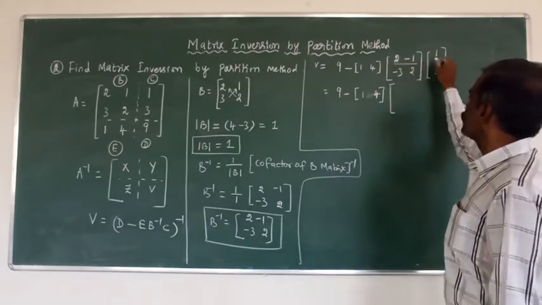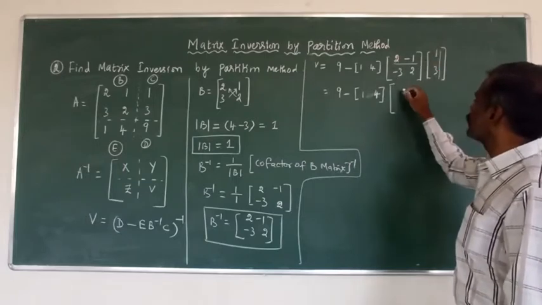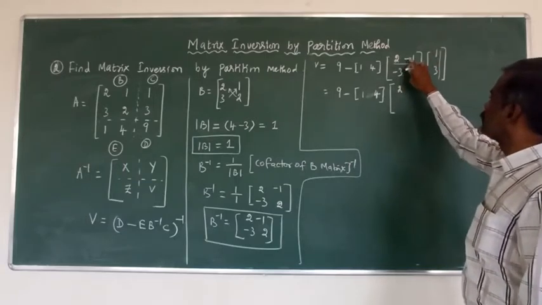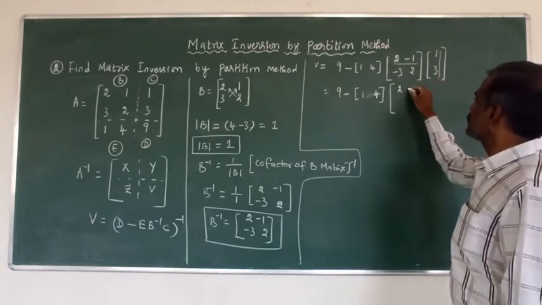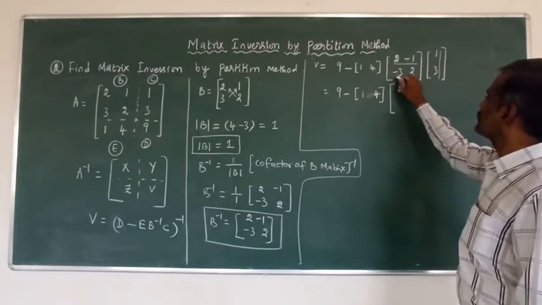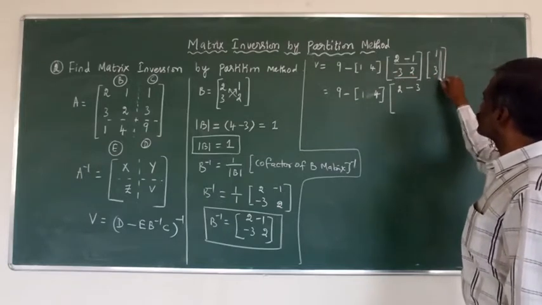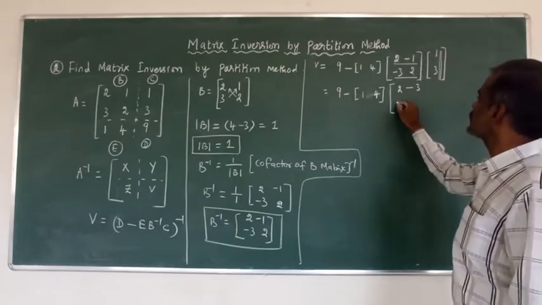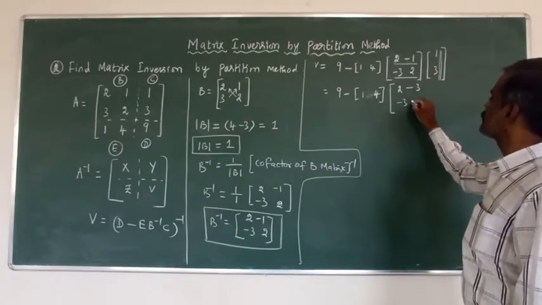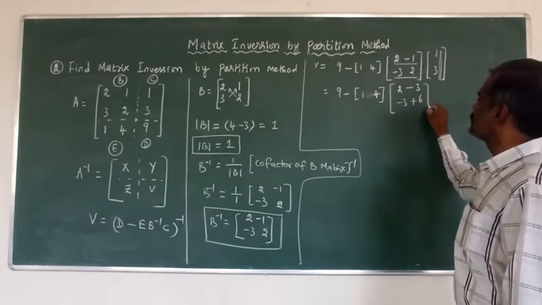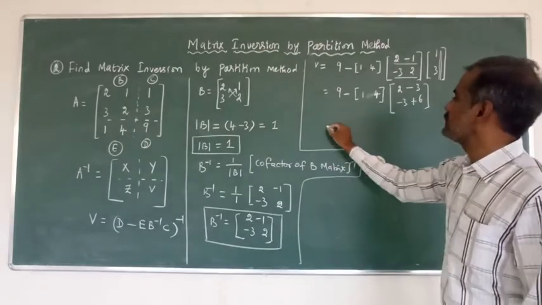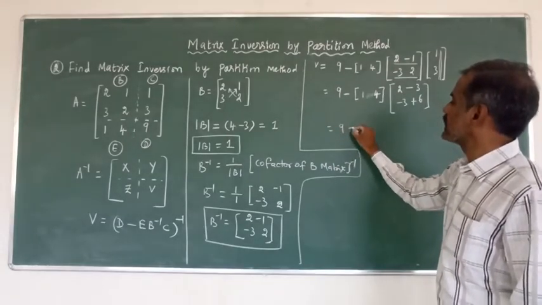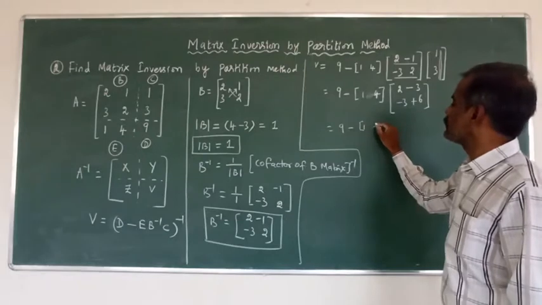First row column 1, 2 into 1 is 2 and minus 1 into 3 is minus 3, and second row column 1, minus 3 and this is for plus 6. Now to simplify this one, 4 minus 1 4,